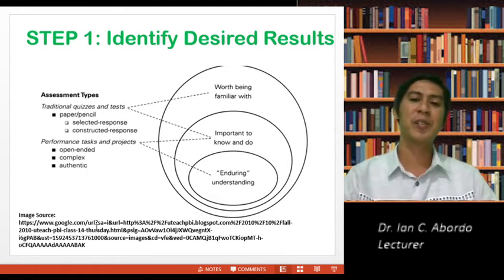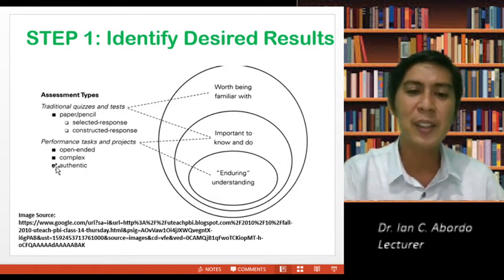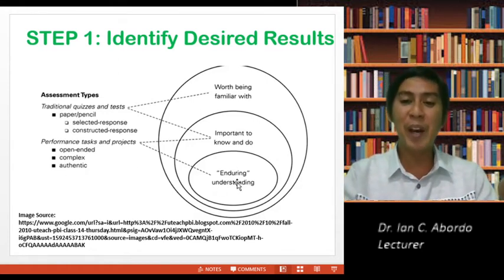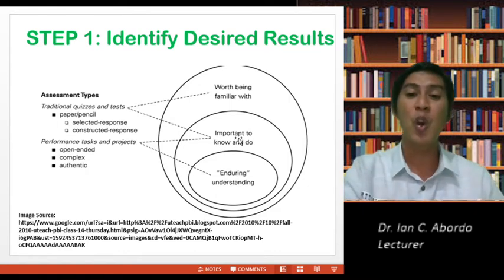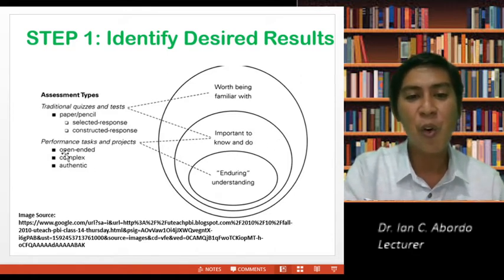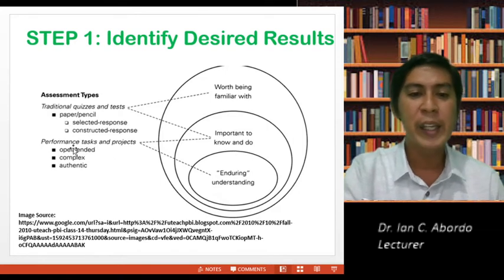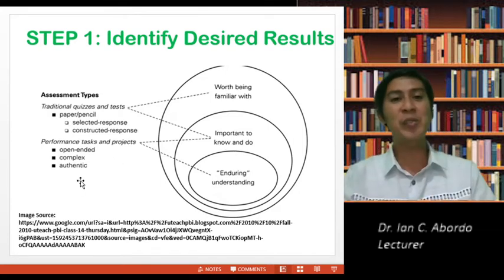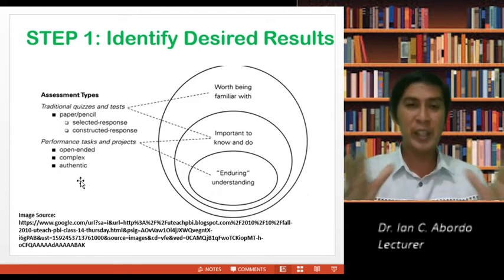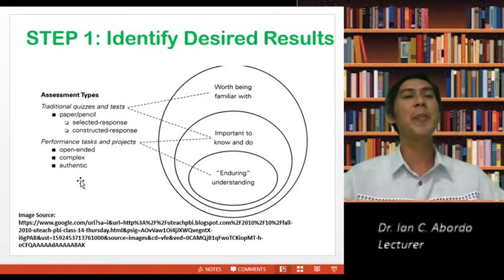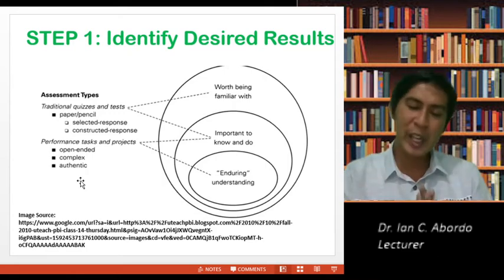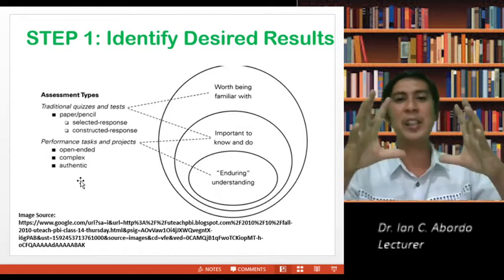So, desired results: the enduring understanding is shown through the performance task. All right? You will notice that with enduring understanding, how will we know that we have understood a specific concept? We know it and we can do it. Know and do. So this is the performance task. Know and do is also performance tasks and projects. That's the reason why we have performance tasks in our grading system in the Department of Education. During this year, they said no more examinations. DepEd Order 31, I think, series of 2020, released in October. No more examinations, they said.